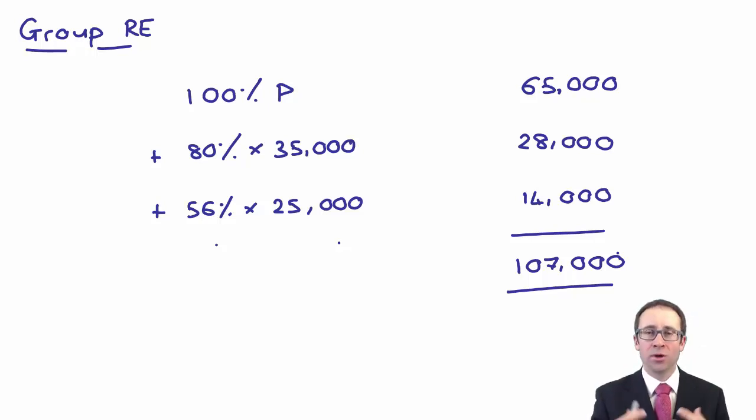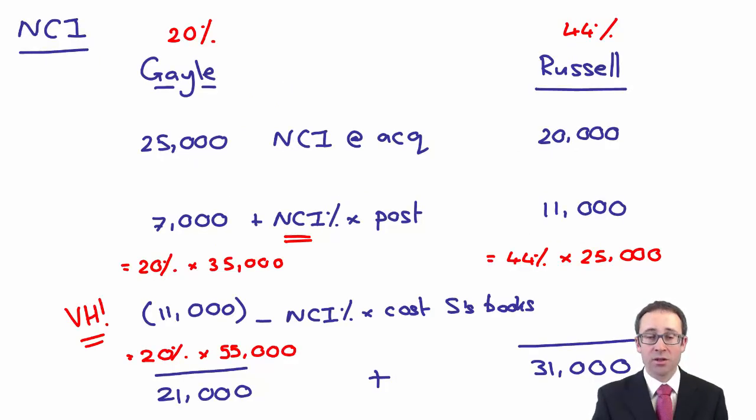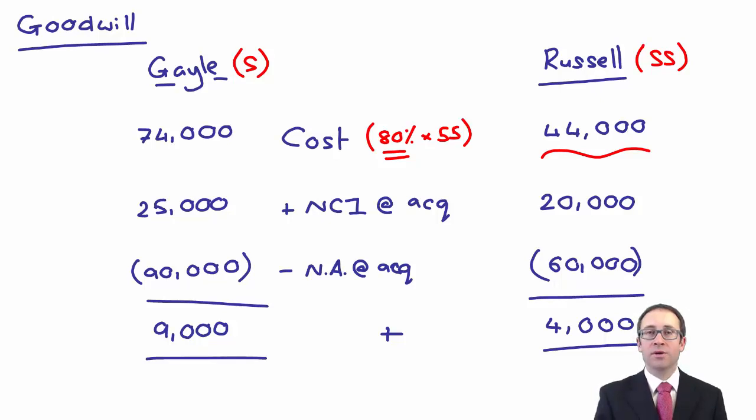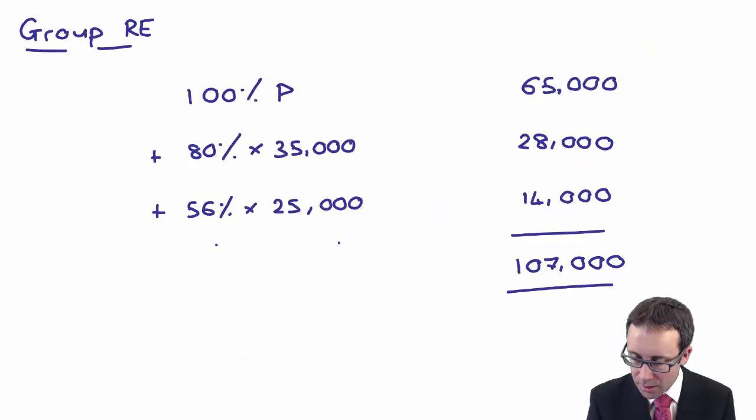Let's just make sure that we understand the basics. And the basics are that everything is the same as what we've previously done with regards to the consolidation. However, there are 2 things you need to concern yourself with. One is the NCI adjustment in the subs column. And then when you're working out the goodwill, you need to make sure that in the subs column, you put in the parent share of the cost of the investment, because that is what the parent effectively owns, isn't it? Owns 80% of it. Having gone through and done all that, you can stop the video if you want and just look at the model answer, but